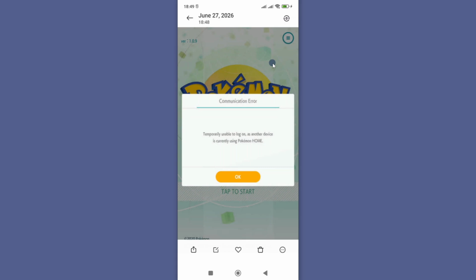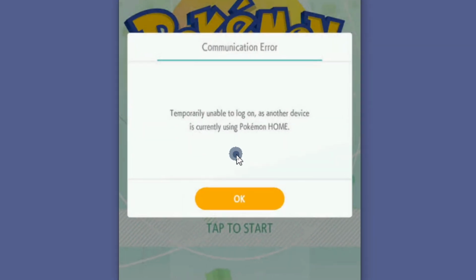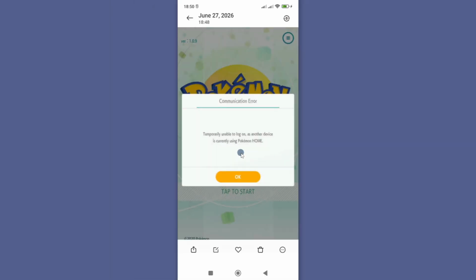In this video, I'm going to show you how you can fix Pokemon Go communication error. So if you are getting this error on your Pokemon Go game app, communication error, temporarily unable to log in as another device is currently using Pokemon Home, then there are quite a number of steps you need to take